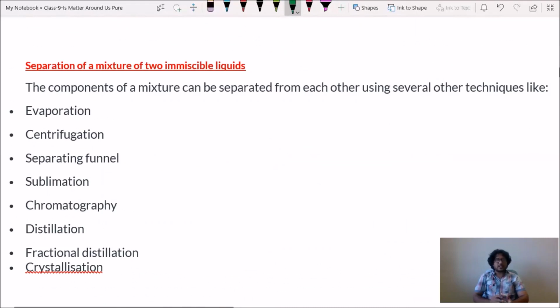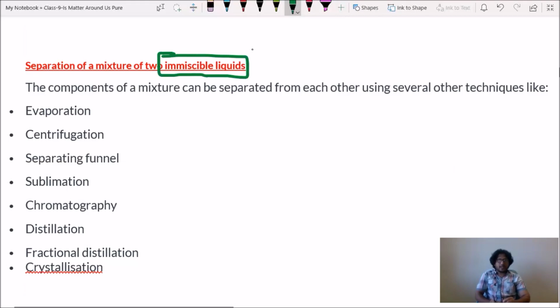But coming to homogeneous mixtures, what are the separation techniques we have? In this video, you are going to learn a few separation techniques. What is meant by miscible liquids? Liquids which are combined together and mixed thoroughly, completely mixed, so that by a physical process we cannot separate them, are called miscible liquids. If we mix glucose powder in water, that will be completely mixed.